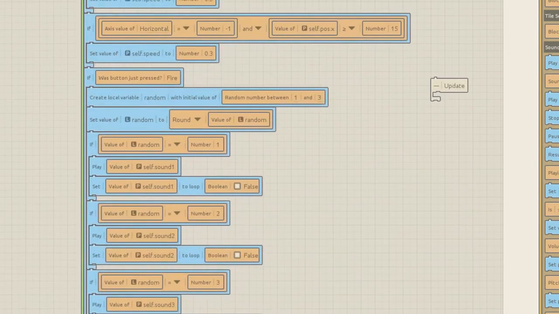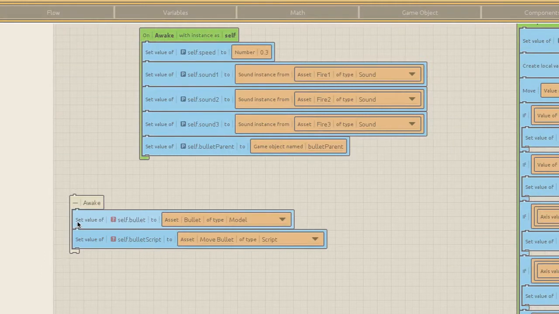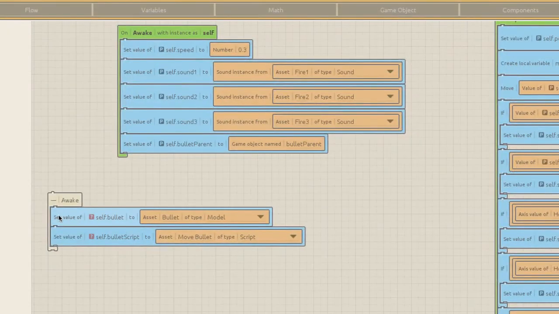Let's show you these other things as well before I get carried away. We're going to also create 2 new variables. So we're going to set the value of self bullet to the asset bullet of type model. That is this, that little green cube. So again, we're going to tell the program that we've got this new game object. It's going to look like that, please. So I'm going to pop that in here,